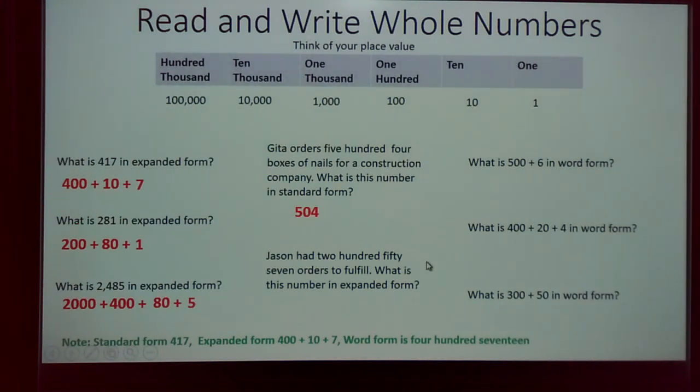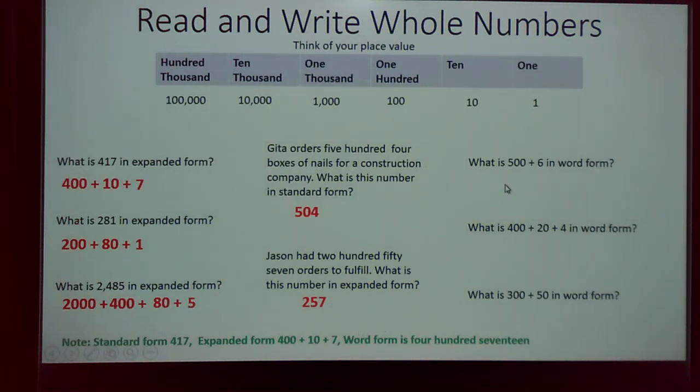Jason has 257 orders to fulfill. What is this number in expanded form? Give you a few seconds. Now, you should come up with 257. Okay, now this one,